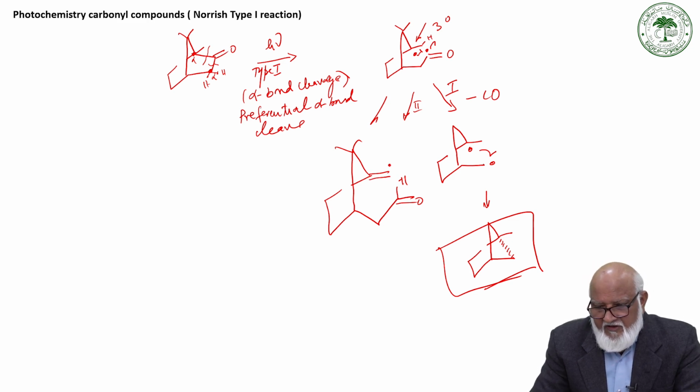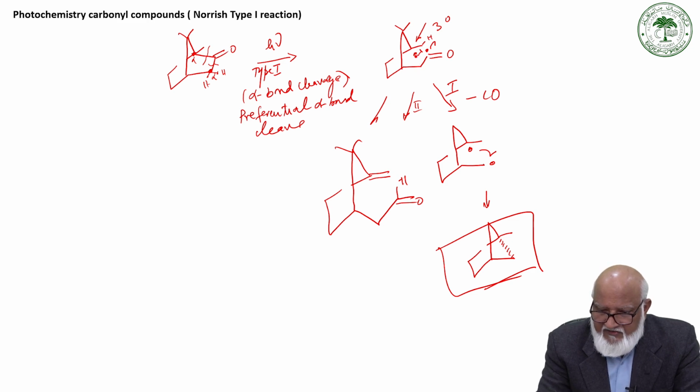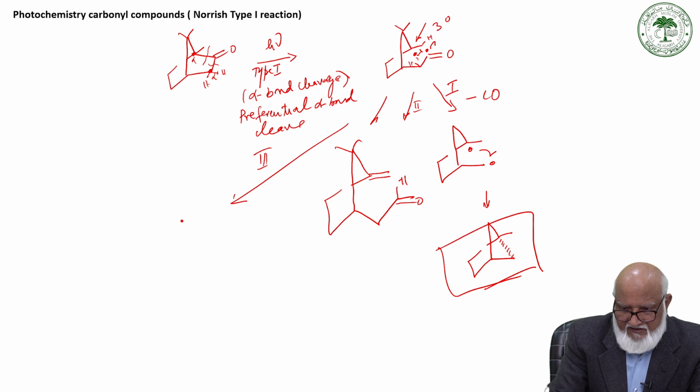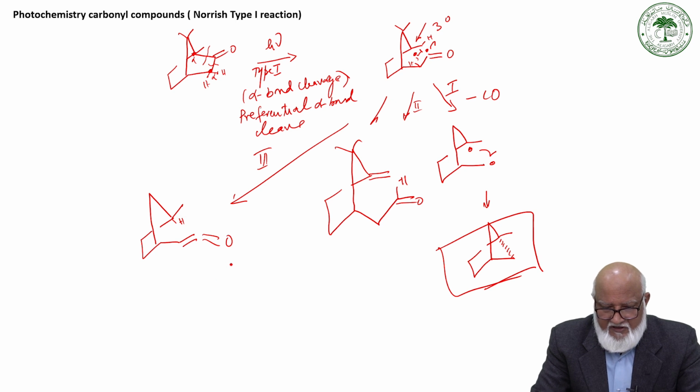It is also possible that this radical may abstract a hydrogen atom from here, to give a ketene and the corresponding H here. So this is a methyl group. So this is an abstraction of a hydrogen atom. This is a ketene. This is another possible